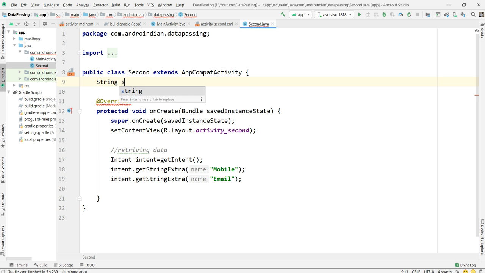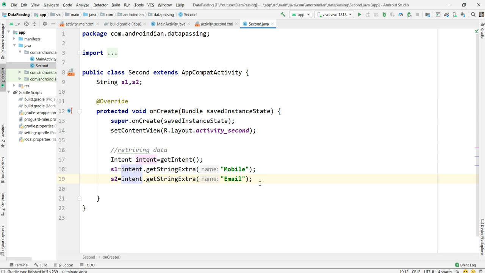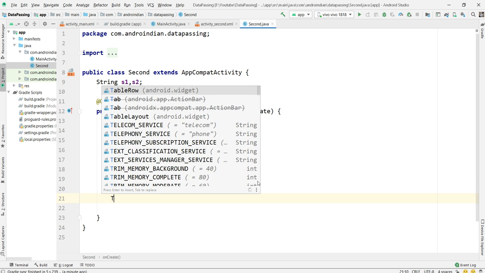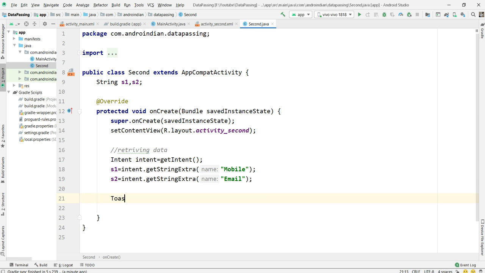Here I'm using a string s1, because I want to show this in a toast. I'm assigning this to s1 and this to s2. Then I can show this data in a toast. So I'm writing toast, and here I can use s1 plus s2 like this.